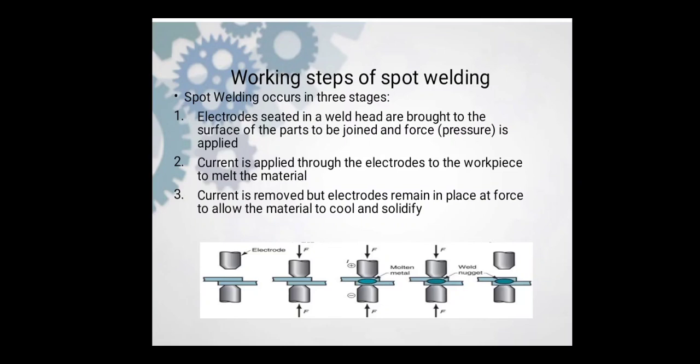In the figure you can see the working steps of spot welding. The first figure shows that the job is put into the machine. In the second one, the job is attached and the electrodes apply pressure on it, with the job between them. In the third one, the process starts and the welding begins. In the next step, a spot-like structure is made on our job, which indicates that our job is complete. In the last one, the job is cooling and then the job is ready for our work.